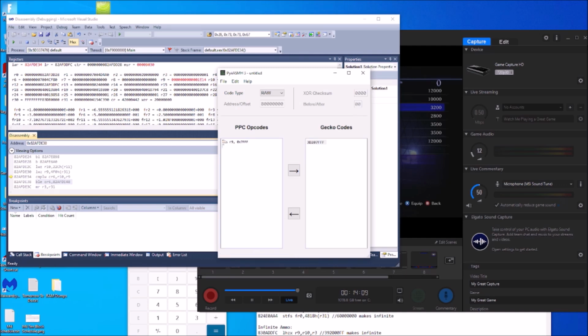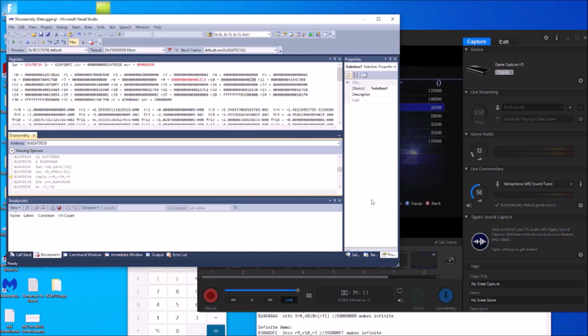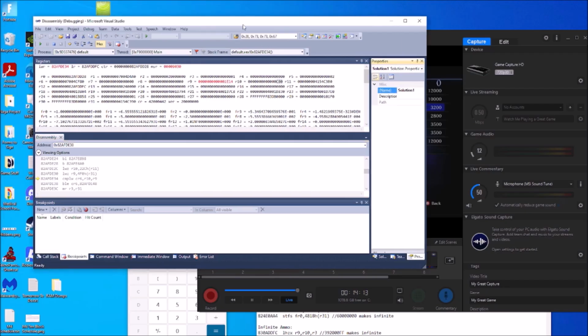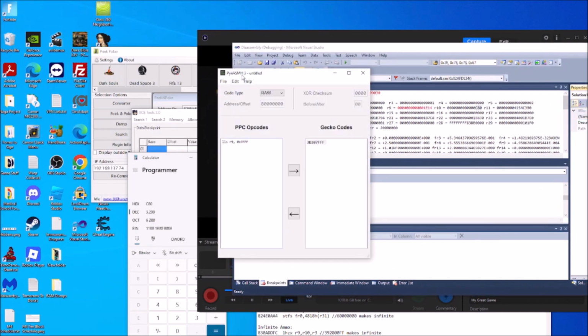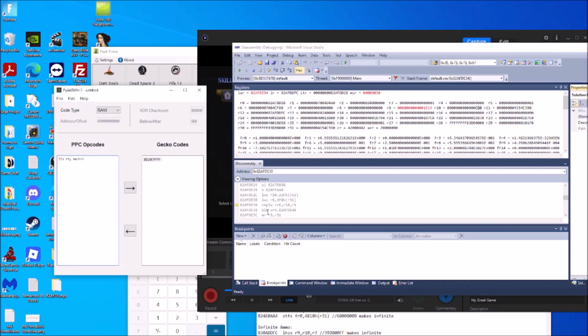Or I could do this by just coming down here, looking at that branch. Okay, that branch is branching 10 forwards. So that's a BLE, it's 10 forwards. So I just would type in B 0x10, and then